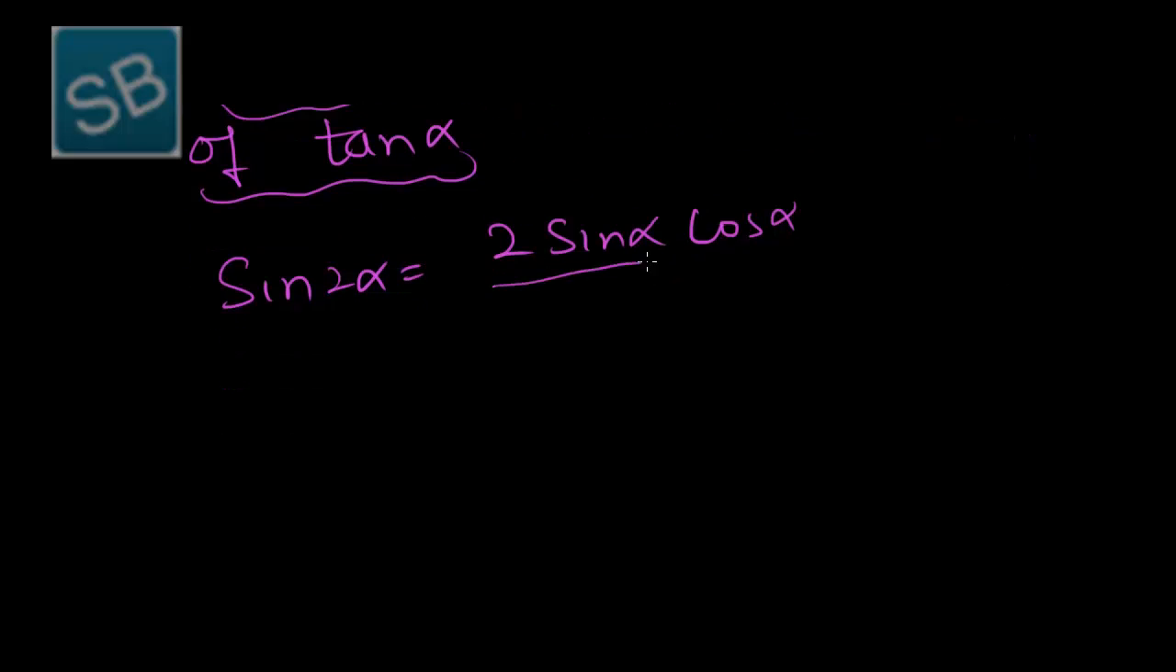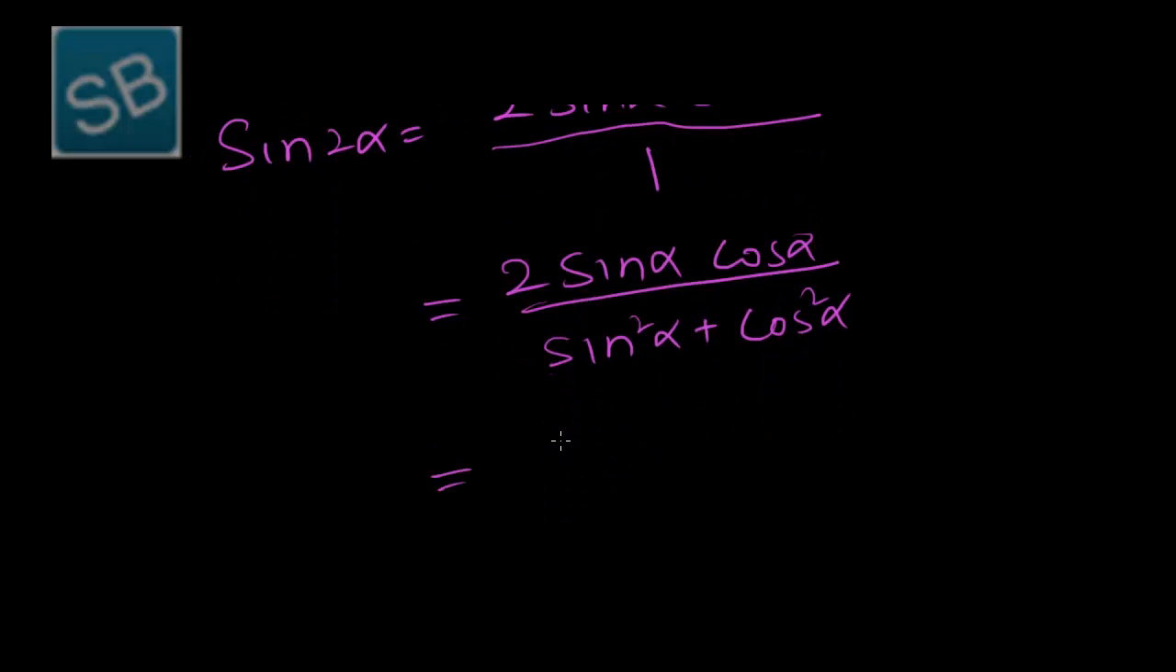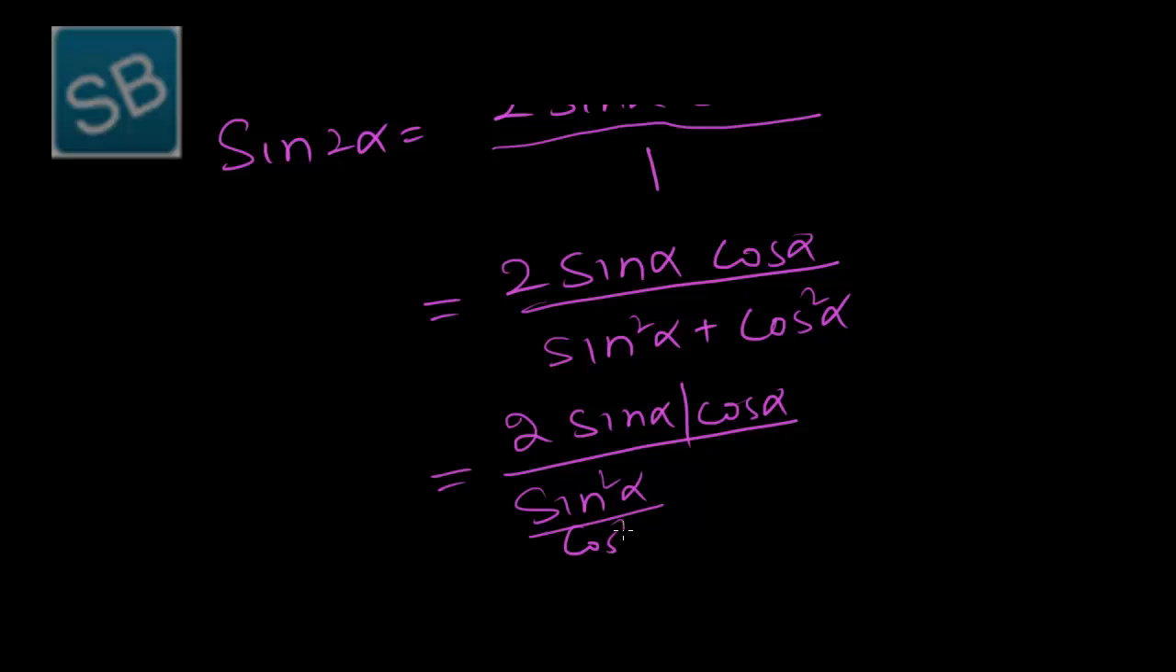we can write in the denominator 1, and replace this 1 by sine square alpha plus cos square alpha, that is the identity of sine square and cos square, that is 1. So we get 2 sine alpha cos alpha over sine square alpha plus cos square alpha. Now divide by cos square alpha, that is we get 2 sine alpha over cos alpha, one cos cancels out, and here we get sine square alpha over cos square alpha plus 1, and alpha should not belong to R minus